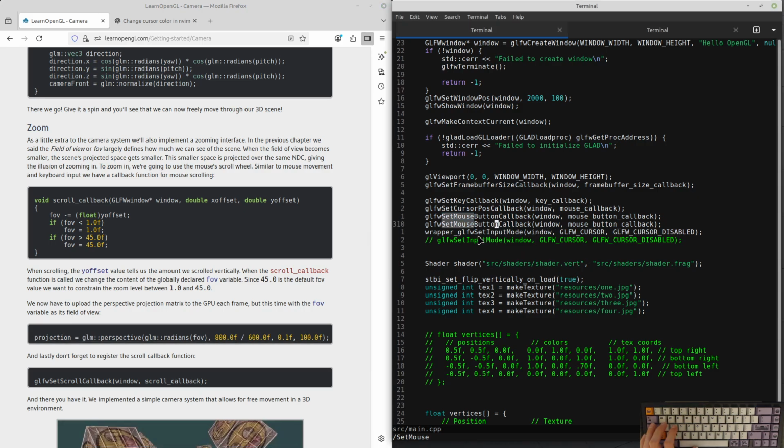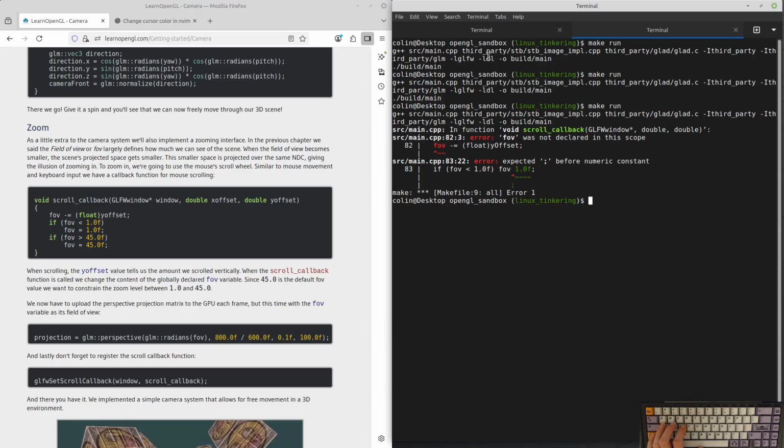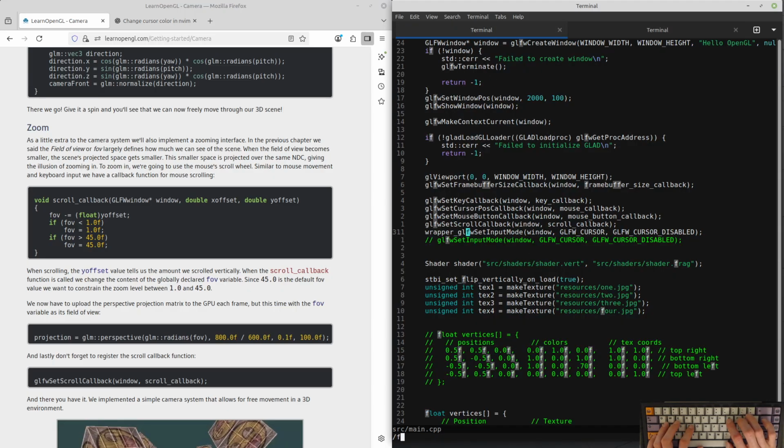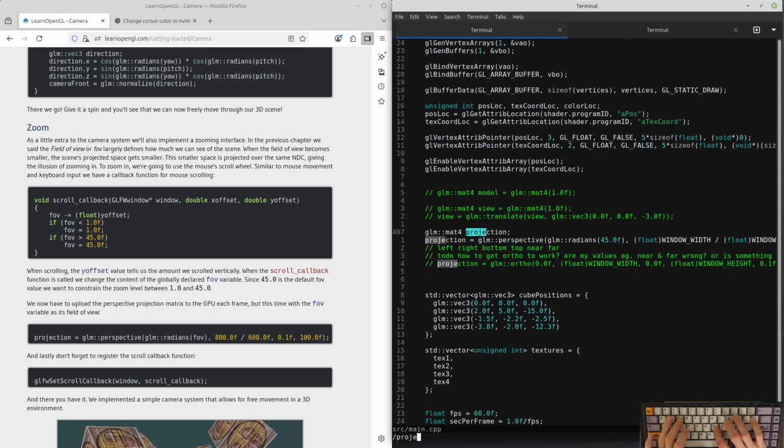But anyways, we'd want to do just that scroll callback. We've been using the FOV, yeah. We'd also want to use the FOV for the projection. Right now we're just passing in this as the FOV.